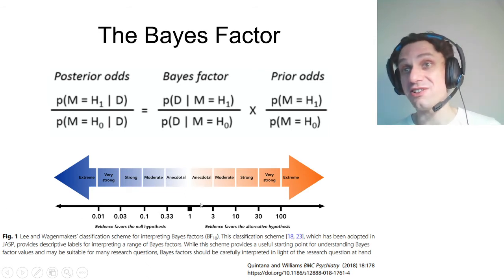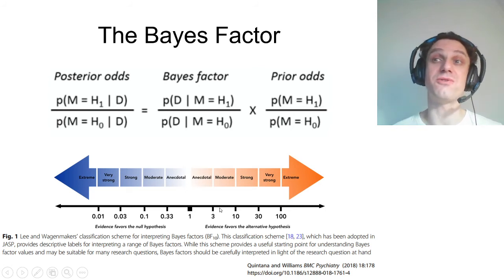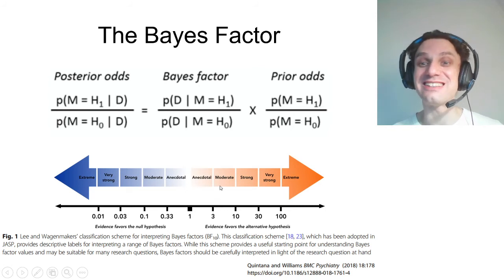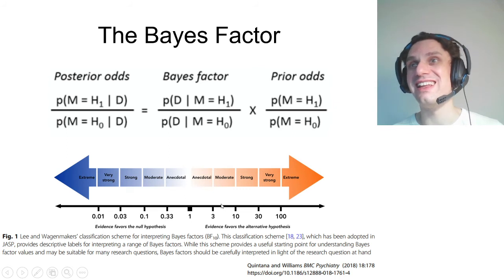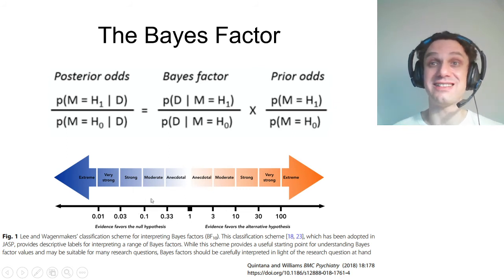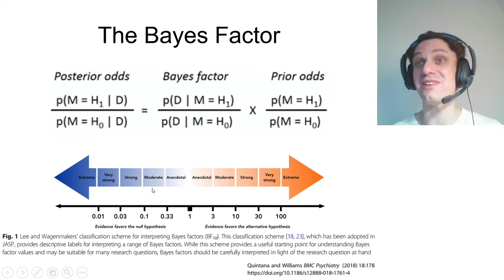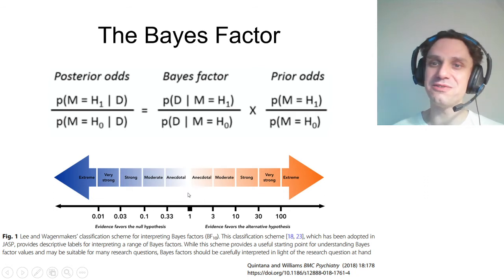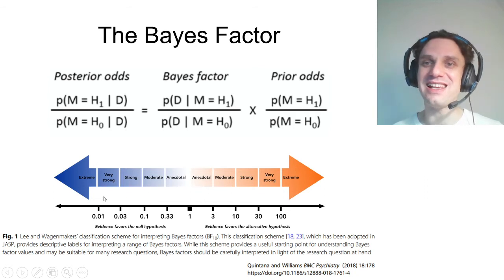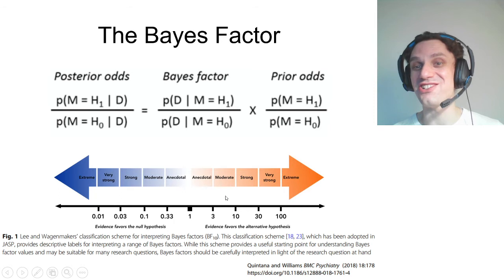So if you get a certain value of a Bayes factor, let's say 4, it means that it's a moderate evidence in favor of H1. And if you get, say, a 0.15, it's a moderate evidence in favor of H0. So depending on your Bayes factor, it's like a gauge that gauges evidence whether it's in favor of H1 or in favor of H0.